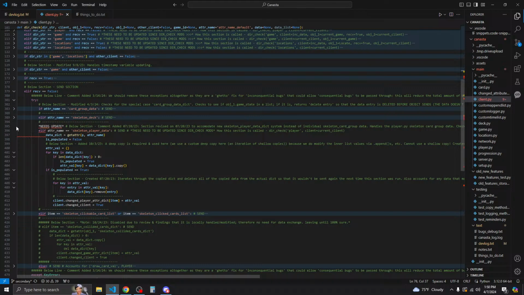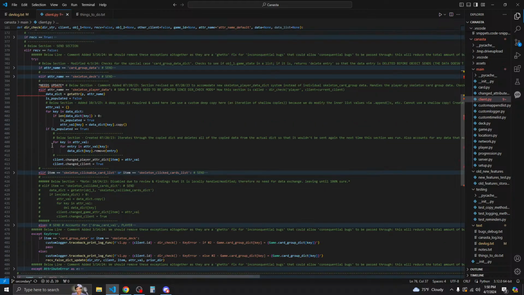Data, skeleton deck, and then skeleton player data. Okay, so whatever I did, I put the wrong line.